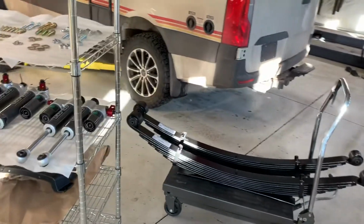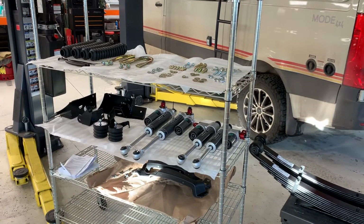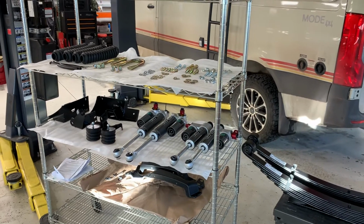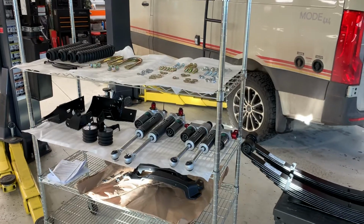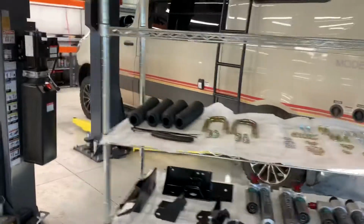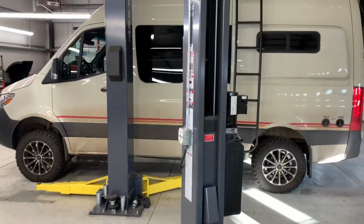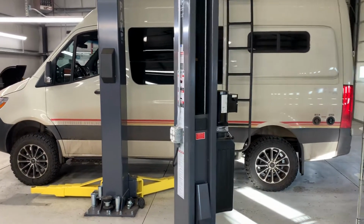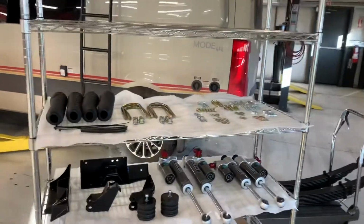The reason we're doing this on this van is because the client doesn't want to lift the van really any height in the front and in the rear. As you saw, stock height, current height is pretty low in the rear compared to the front. So it's kind of a reverse rake, and the client wants to add some extra gear in the future, perhaps